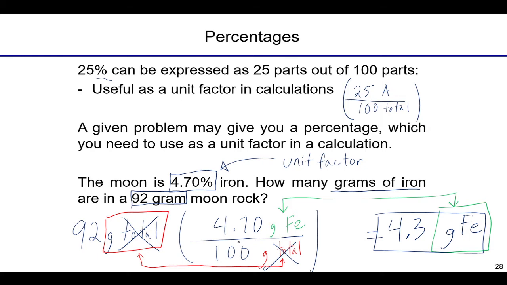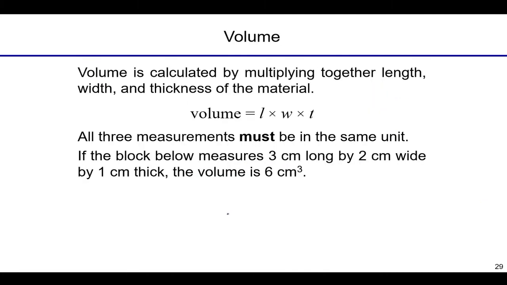So that is a little bit long-winded in terms of a dimensional analysis approach to percentages, but it is the one that will always lead you to the right path. Because you could have been asked it a different way. You could have been asked, if there are 4.3 grams of iron in this moon rock, what is the mass of the moon rock if it's 4.7% iron? So it could have been asked the other way, where you were given 4.3 and had to solve to get 92, and then the unit factor would have been flipped. But as long as you follow the units, always let those drive the bus of dimensional analysis, you'll do just fine. So that's percentages. One of the things in chemistry you'll come across that is used in these unit conversions.